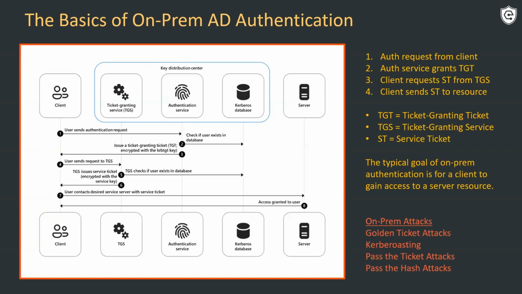He is granted a ticket granting ticket. That's a mouthful. He uses that TGT to request a service ticket from the ticket granting service, the TGS, and then ultimately he's going to use that service ticket to access a server resource. So once again, we're really thinking client to server. Adam went over all the different ways you can attack Kerberos in part one. I've got some of them listed down there in the bottom right. But really, the takeaway that I wanted to have here was, you're not going to get tested on this, but just remember how this works when we talk about what we're going to do next, which is go over modern authentication.